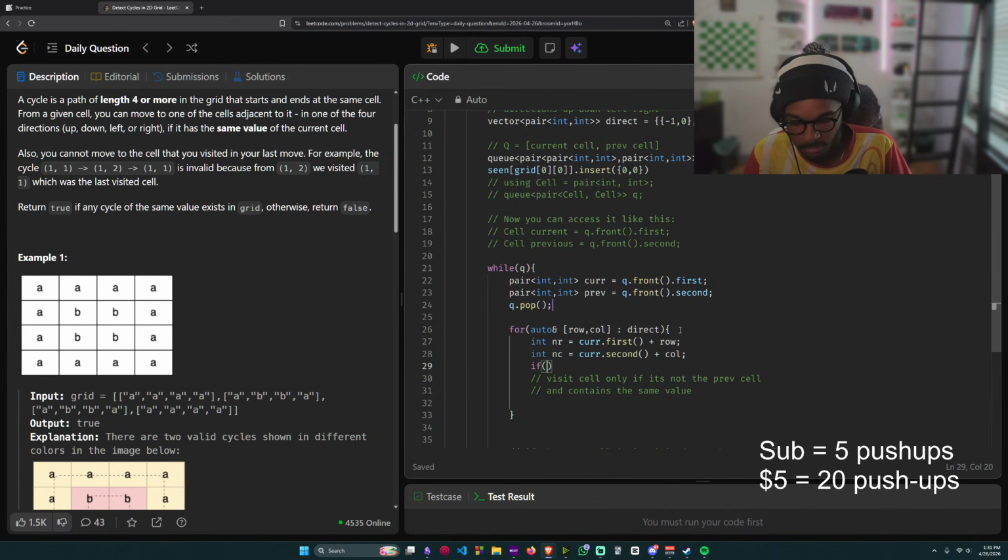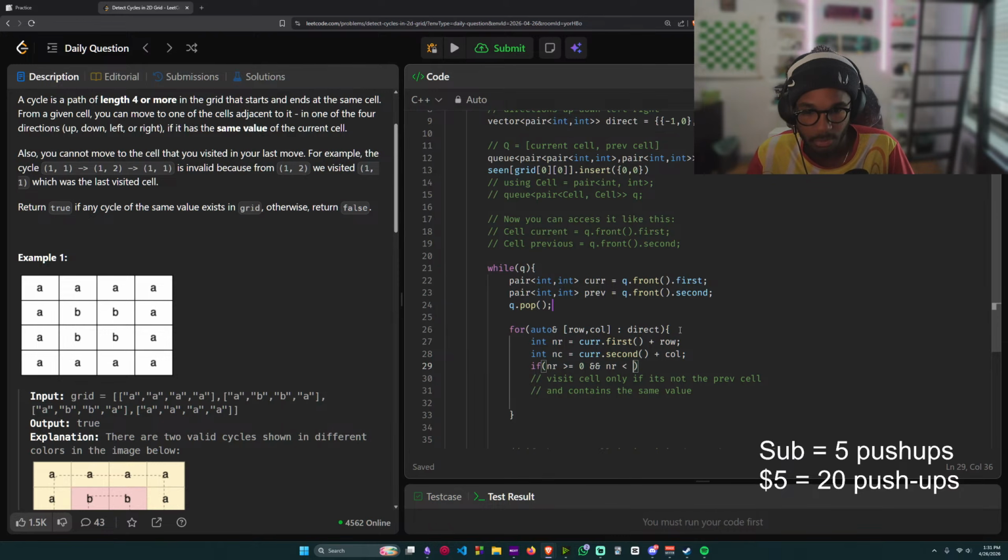If new row is greater than or equal to 0, and new row is less than